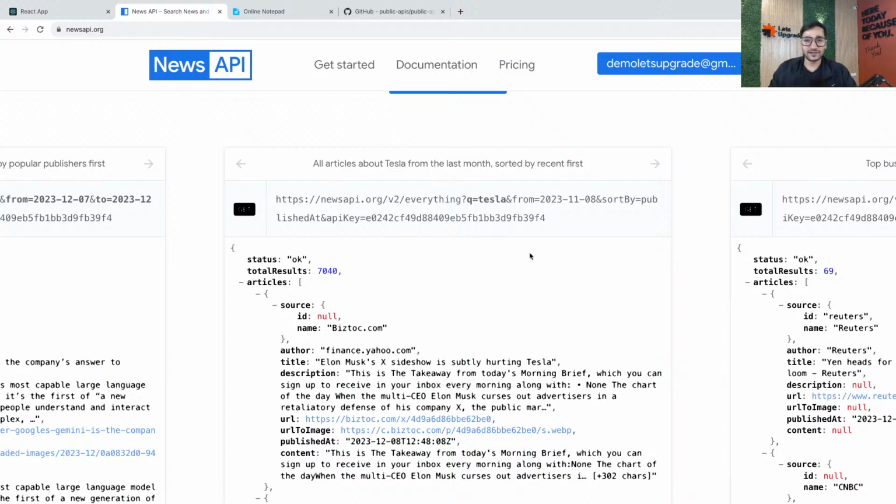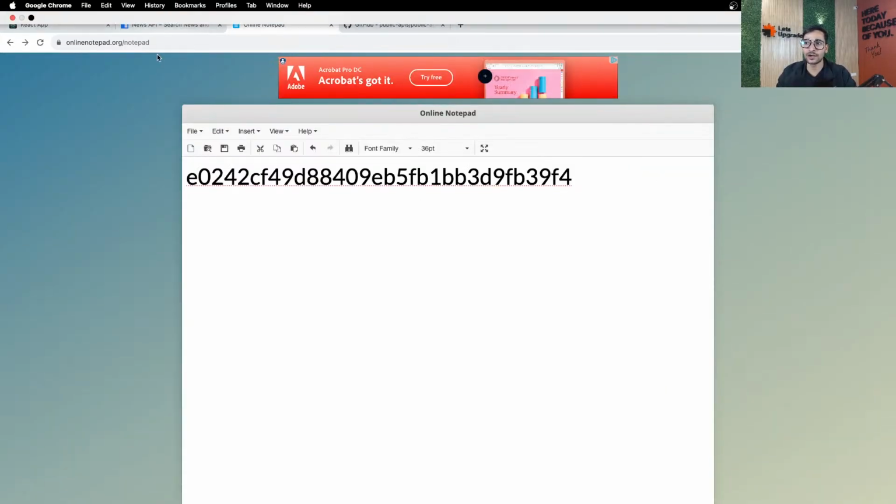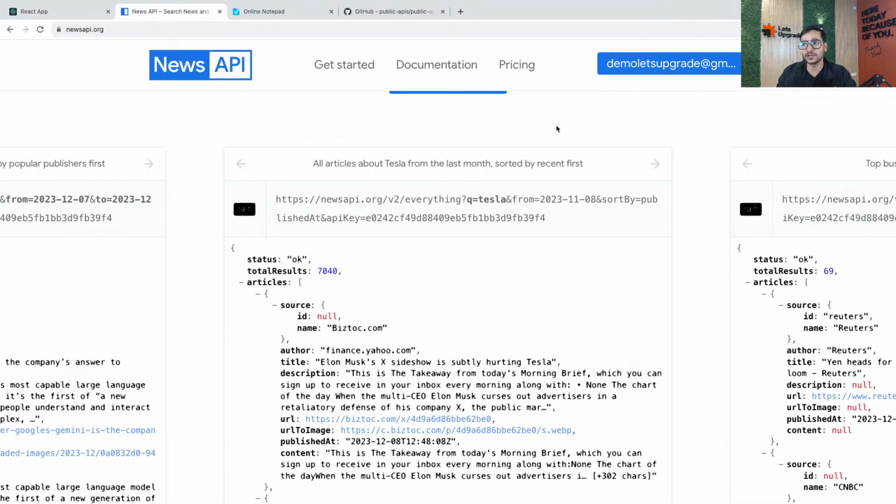So guys, after registration, see, as I did, keep your API key somewhere. Now, don't worry, you can access it at any point of time because you are logged in now. Because you're logged in, you can use it anywhere. See, I'm logged in here, so you have the API key. Keep that API key. Now let me tell you how to use it.